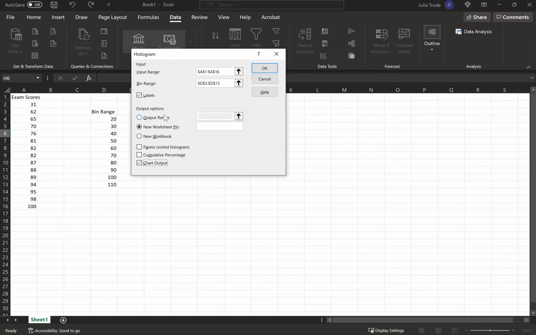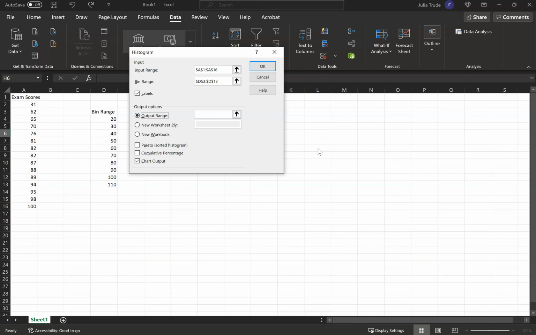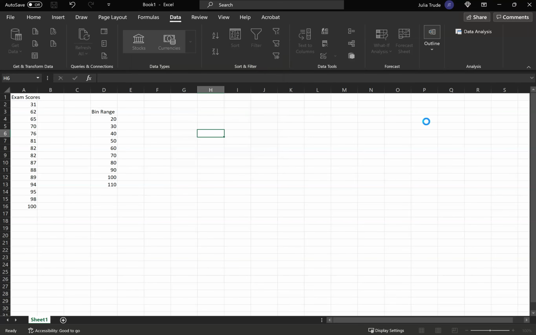This output options, you can choose new worksheet means it's just going to open up a separate page, which is fine. If you wanted to do output range, you could select a spot on the page that you're already working. So if you click in that box and then just select a location, it'll output on the same page you're working on, whichever you prefer. You can play around with that. Okay, so we selected our data for input range. We selected our bin data for the bin range. Check labels, check chart output, press OK, and